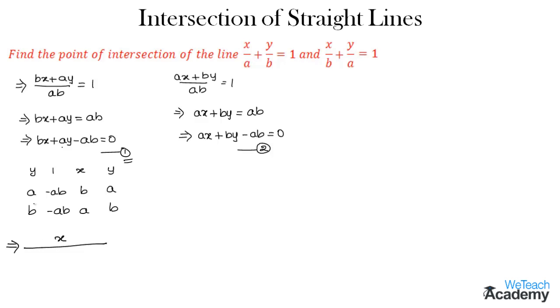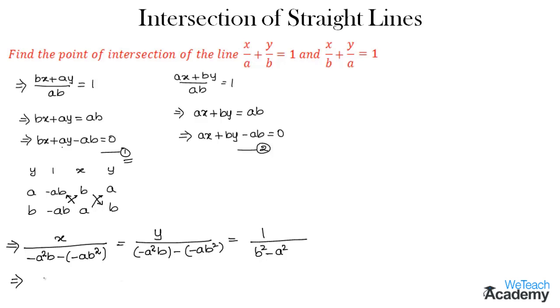So from this step we get x by, and here we need to multiply these both terms. So a into minus ab will be minus a square b, minus of, by multiplying these both terms we get minus ab square, which is equal to y by, and now we multiply these both elements. So minus ab into a will be minus a square b, minus of, and here we multiply, so we get minus ab square, which is equal to 1 by, and multiplying these both elements we get b square minus a square.